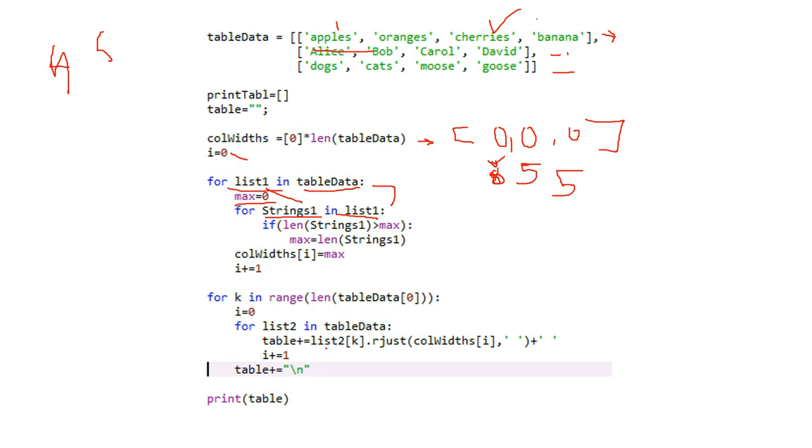Okay, so what I will do is in list 2, whatever the string is there, suppose the first we will go in apples. Okay, the first list 2, the first list is this one, and the k at 0 is apple, and we will just do the rjust where we will shift the apple to 2 places, sorry, not points, and then at the last we will put a slash n.